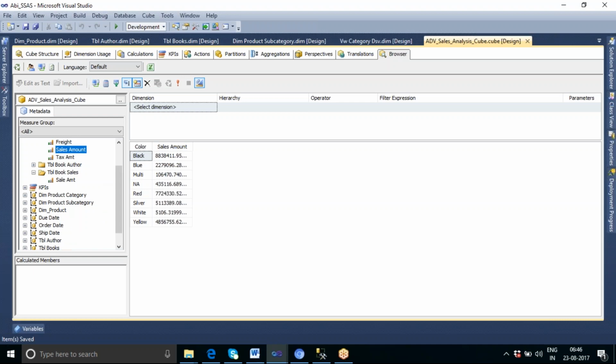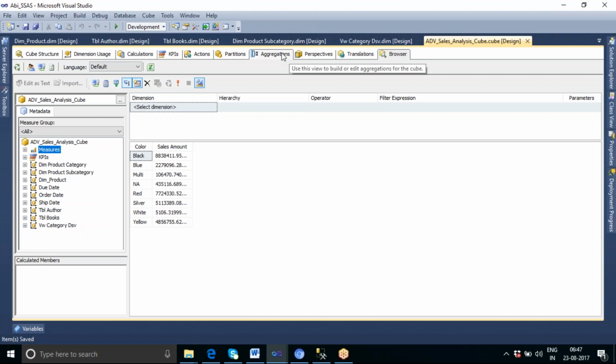Now by creating this cube database, we have somehow improved the performance. If you still want to improve the performance of this cube database, then we have multiple options like creating partitions, aggregations, and calculations.